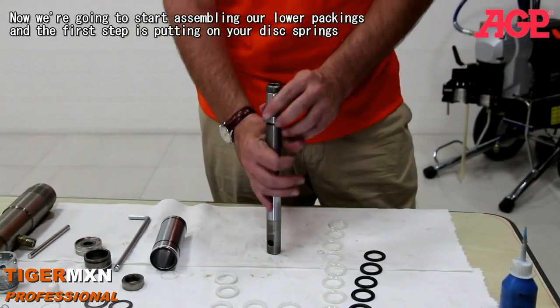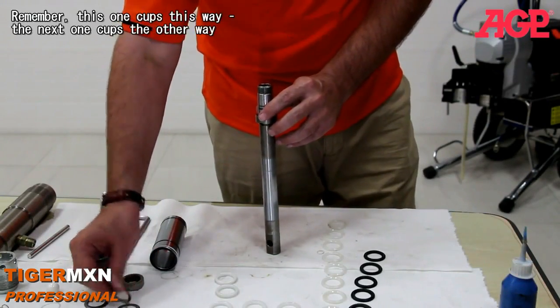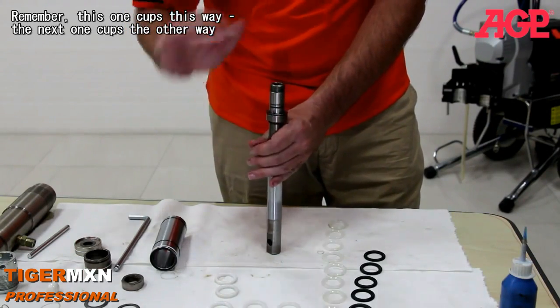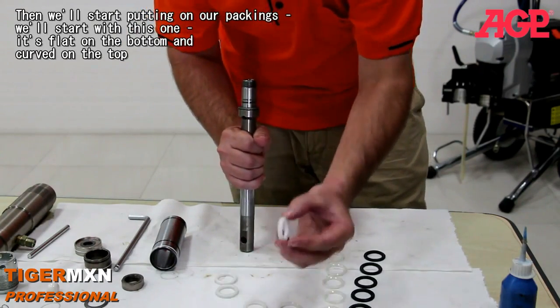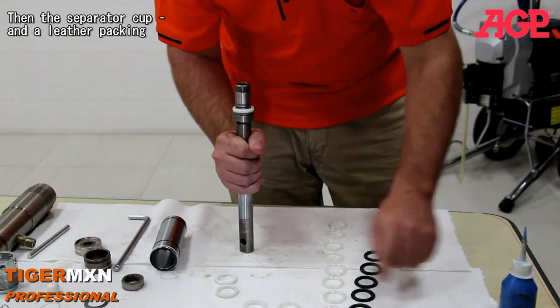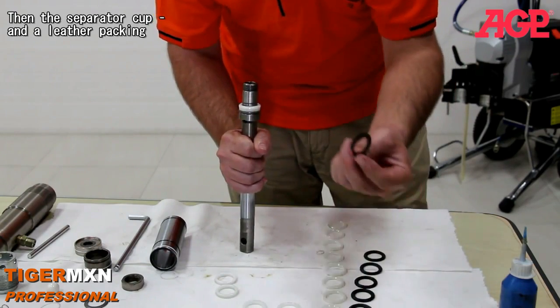Alright, now we're going to start assembling our lower packings. And first step, put on your disc springs. Remember, this one cups this way. The next one cups the other way. And then we'll start putting on our packings. We'll start with this one. This one's flat on the bottom and curved on the top. And then a separator cup, leather packing,